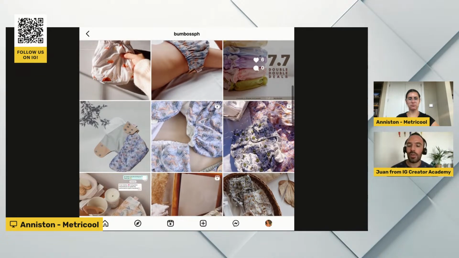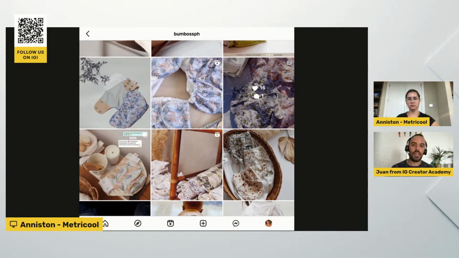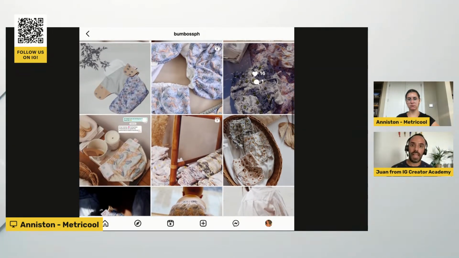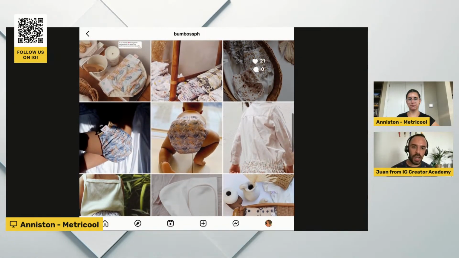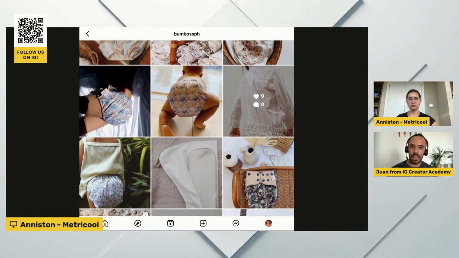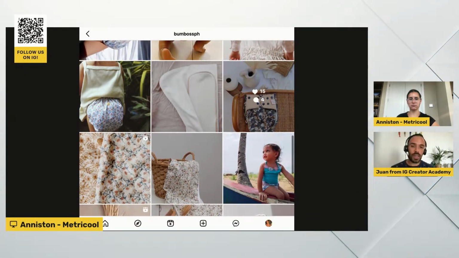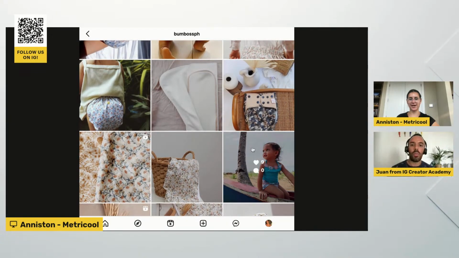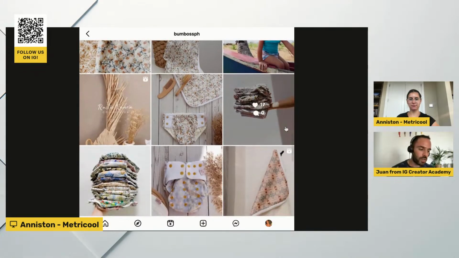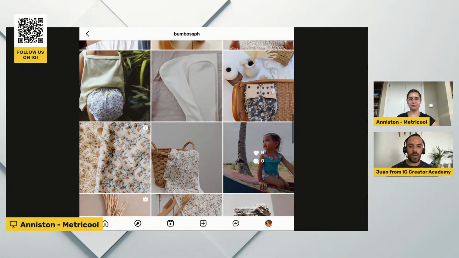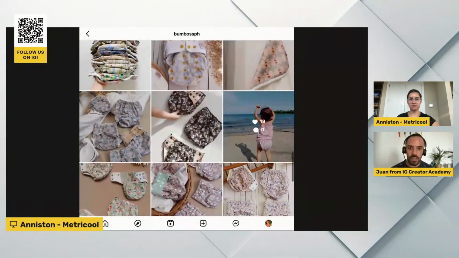Your products look beautiful. But remember that Instagram overall is a lifestyle platform. People come to Instagram most of the time to get inspired, to be entertained, to find ideas, etc. So that's one of the big problems. For example, that photo there with the little girl, I agree, more of that. People want to see people using your products, how it benefits them, how it transforms their lives. So less product, more humans.